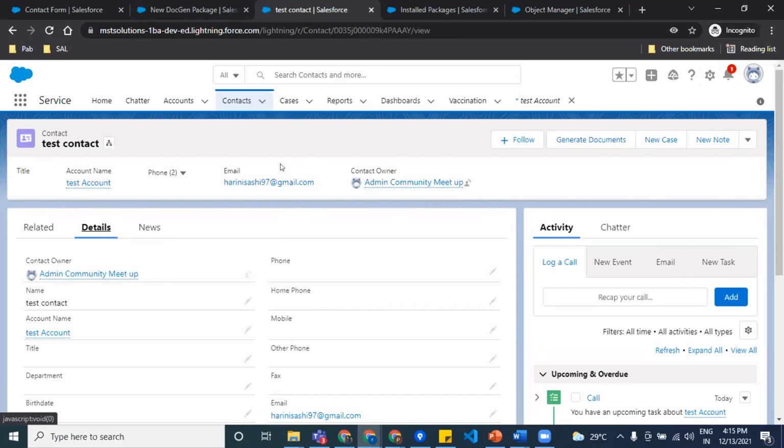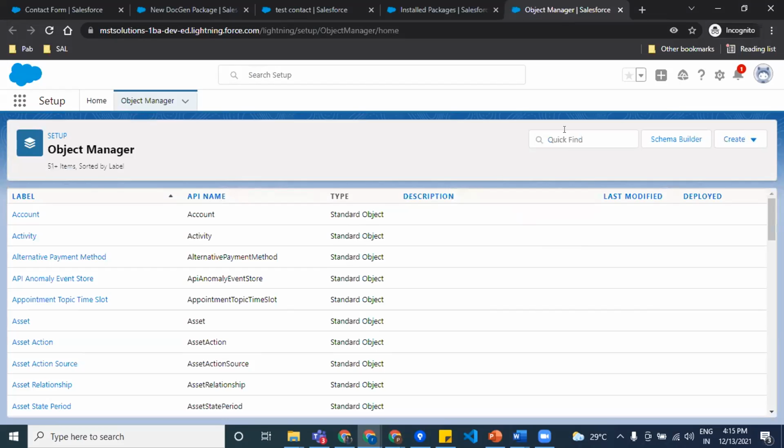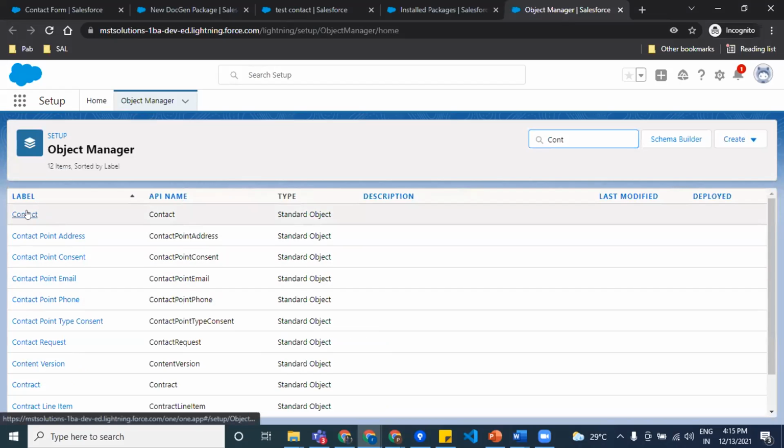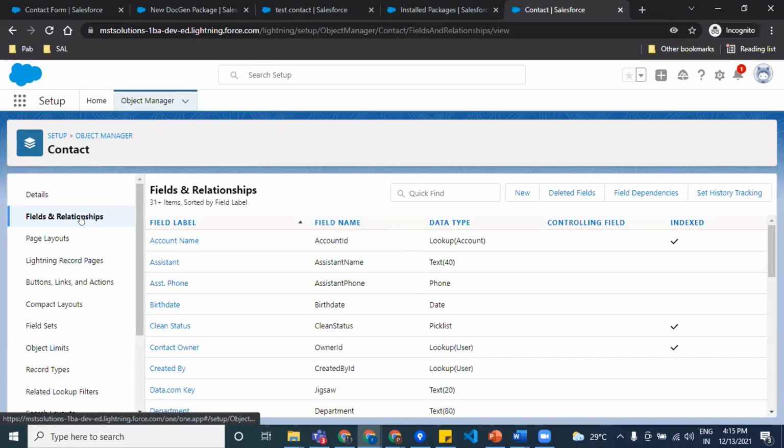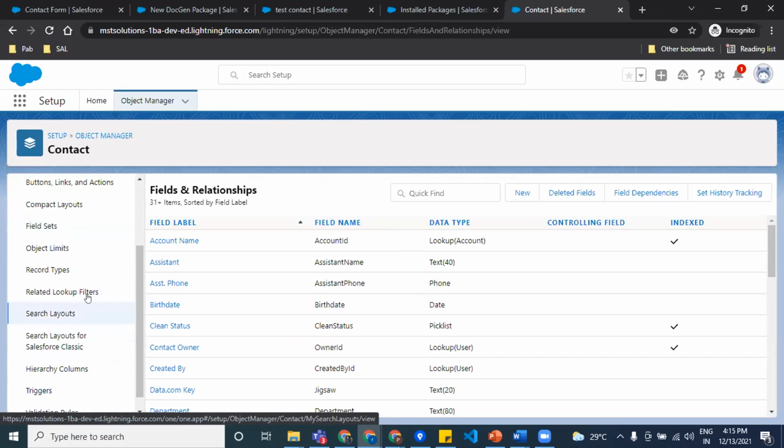I mean, the PDF. You can only generate the PDF if and only if you go to the specific object manager and put the generate document button, or for Lightning, a Lightning action, so that you will be able to click that and download the PDF. So I can show that quickly. From object manager, like how you place a normal custom button which we have created. That is how it will look.